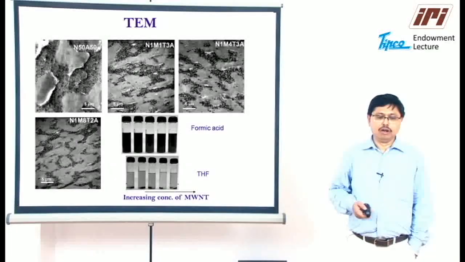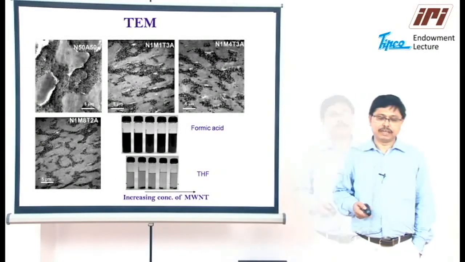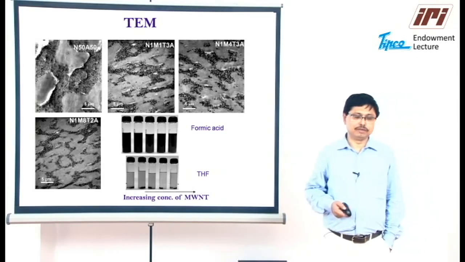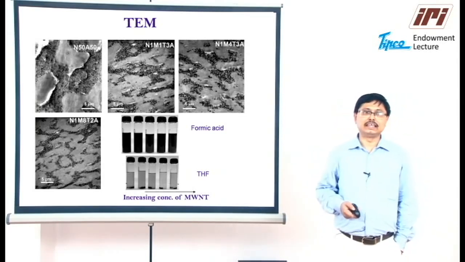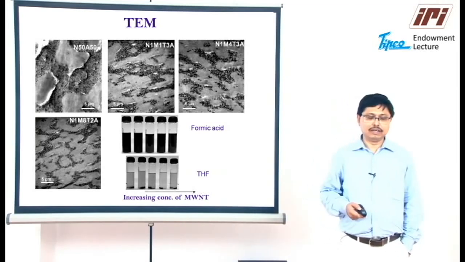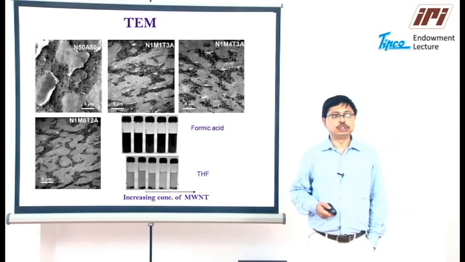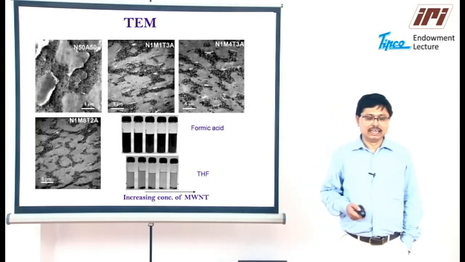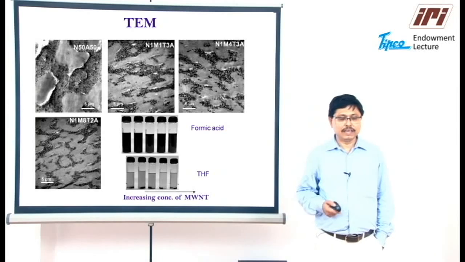We could see the co-continuous structure from transmission electron microscopic observations as well, and from the solution experiments we could see that the nanotubes are predominantly localized in the polyamide 6 phase, where formic acid, which is a good solvent of polyamide 6, turns the solution black, whereas the ABS